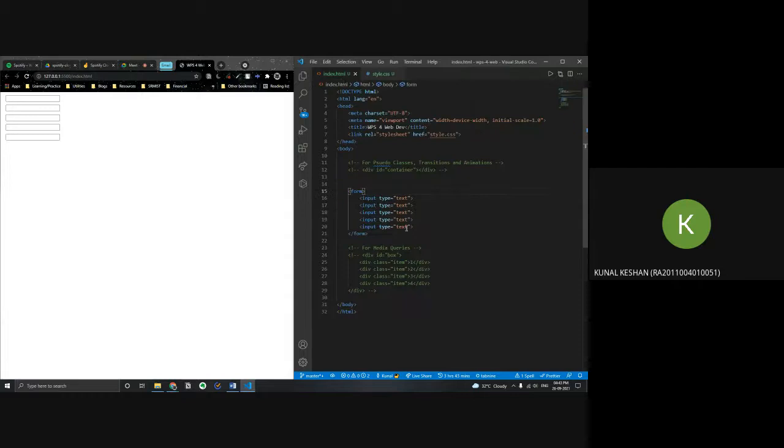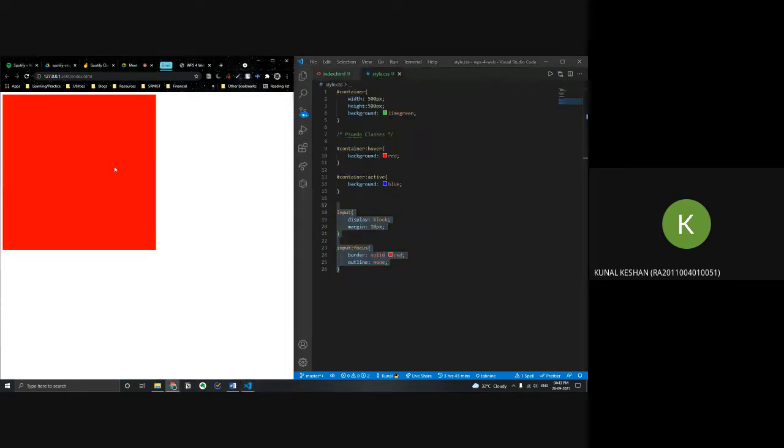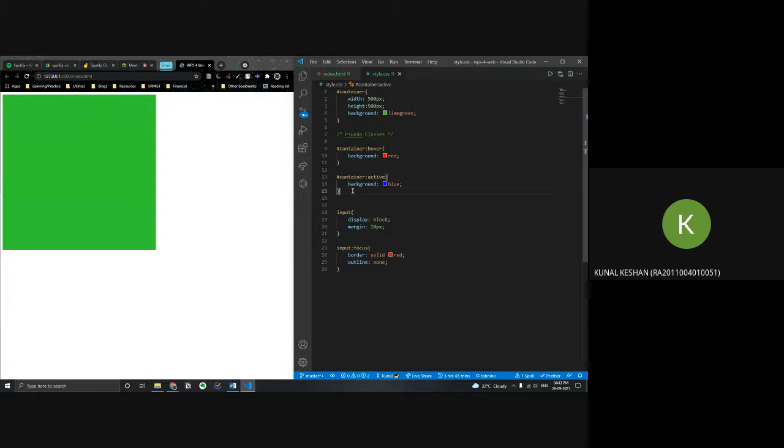We'll come back to here and I'll comment this out. Okay. And I'll comment this back. So now we have a box which we click and hover. But now look at this. It happens in an instant, immediately within a fraction of a second. What if in certain cases or in most cases you wouldn't want that to happen? You'd want it to be a little bit slow, where it slowly comes in and slowly goes out, right? So we can do that type of slow transition using the transition property in CSS.